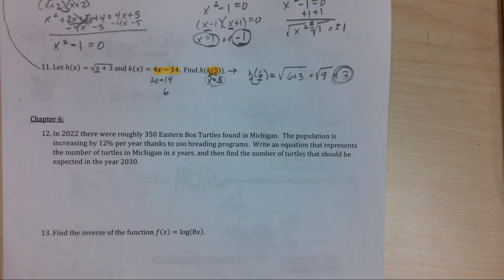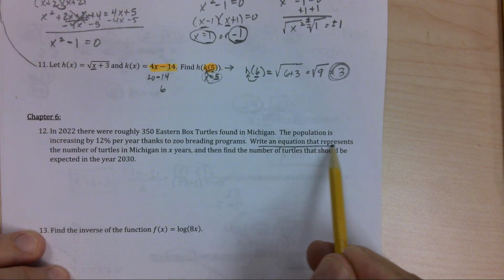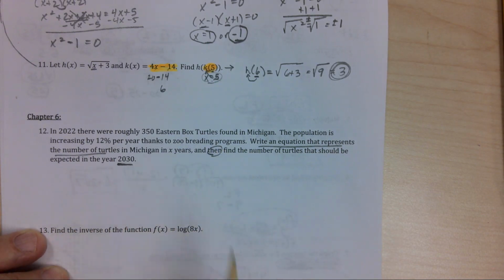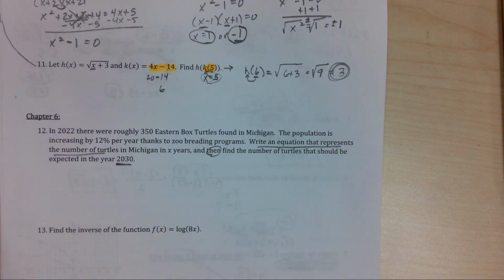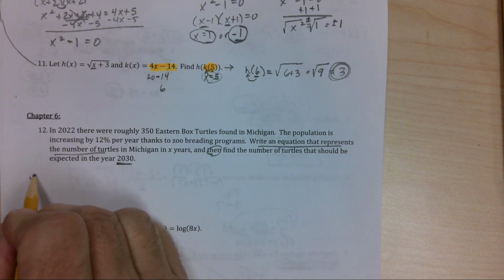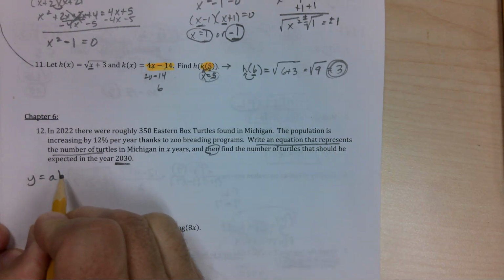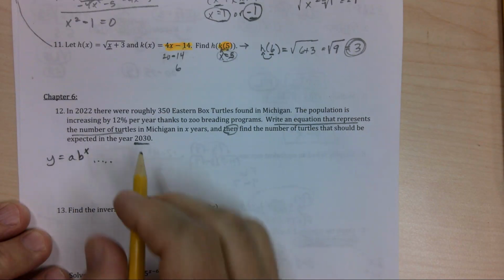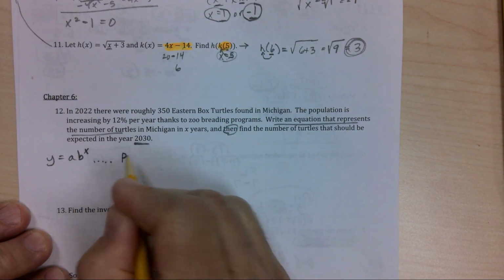So, it's really a two-part problem. It says write an equation that represents the number of turtles, then actually find the value in 2030. So this is a two-parter. So this is all built off your basic exponential function here, but with some spice. So if you remember,